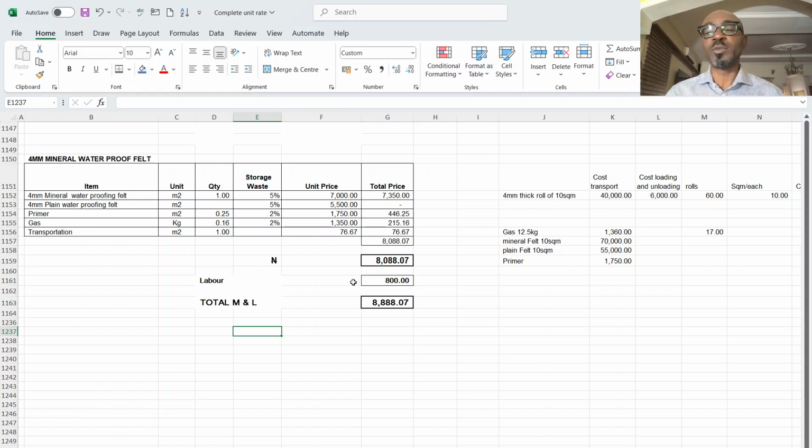We are going to be building up a rate for waterproofing felt, and we know that this felt comes in different thicknesses. We have the 3 mm, 2 mm, 4 mm. We have the mineral felt, we have the plain felt. And in some instances in the bill, you are expected